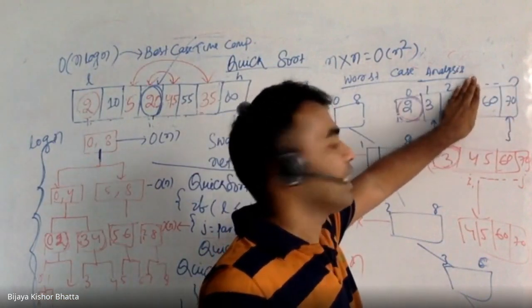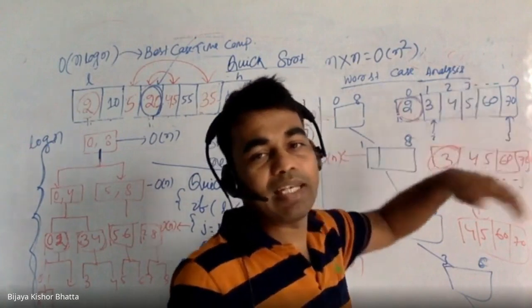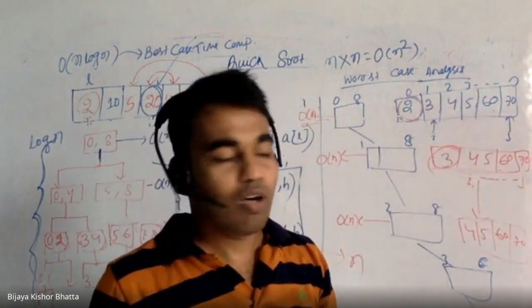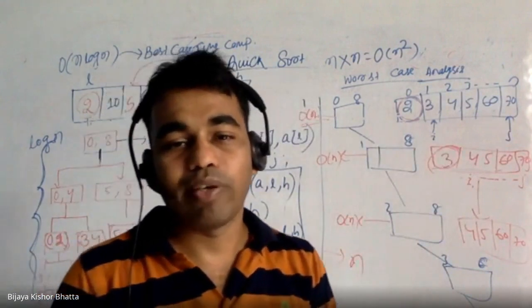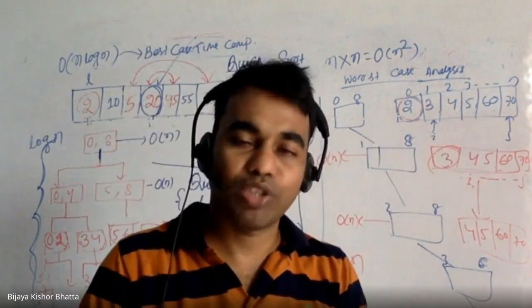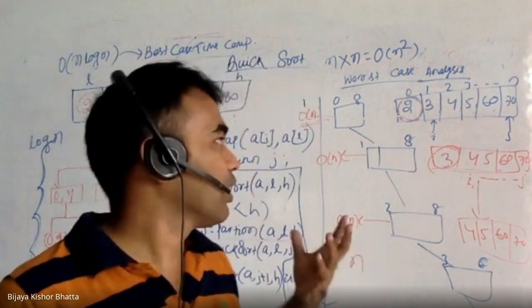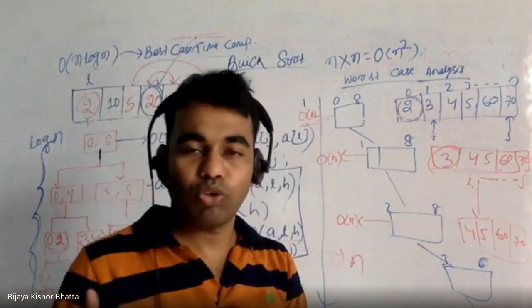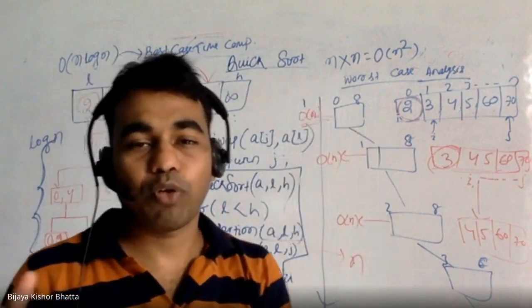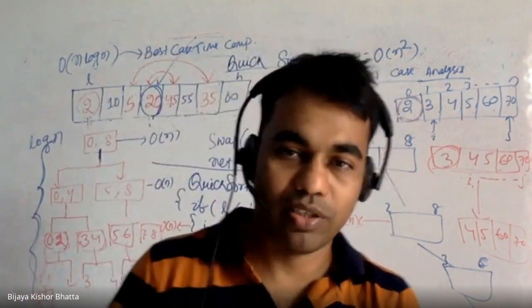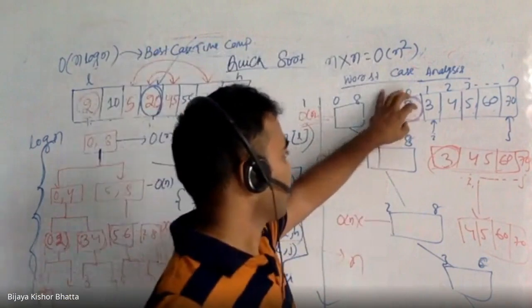You can choose the middle element as the pivot, right? Or else you can choose a random element as the pivot. If you are choosing that, then in the worst case it will eventually still go to order of n square, but there is still a possibility that it will perform a little faster, right? Because we are not choosing the first element, so that's why.